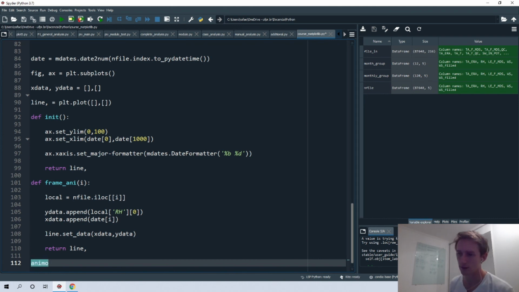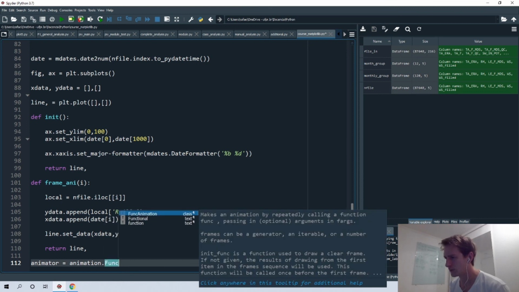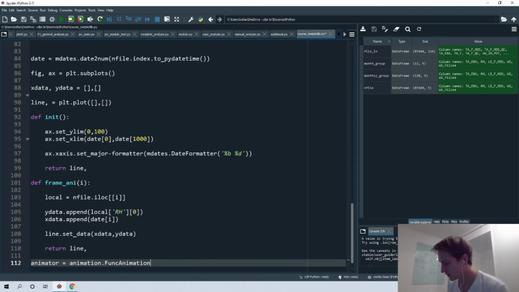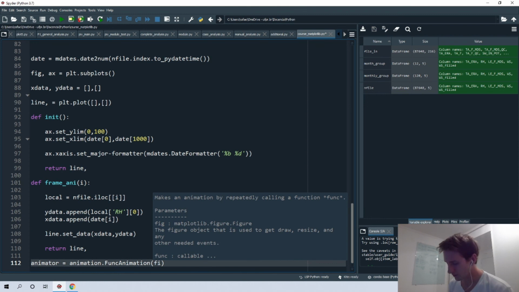Okay, then we must define the most important thing, that is the animator. This is not anymore inside the function. Okay, animator. In that case, animation dot FuncAnimation, exactly that. Then we define the fig that we defined here. The frames, any, so it is this function here.